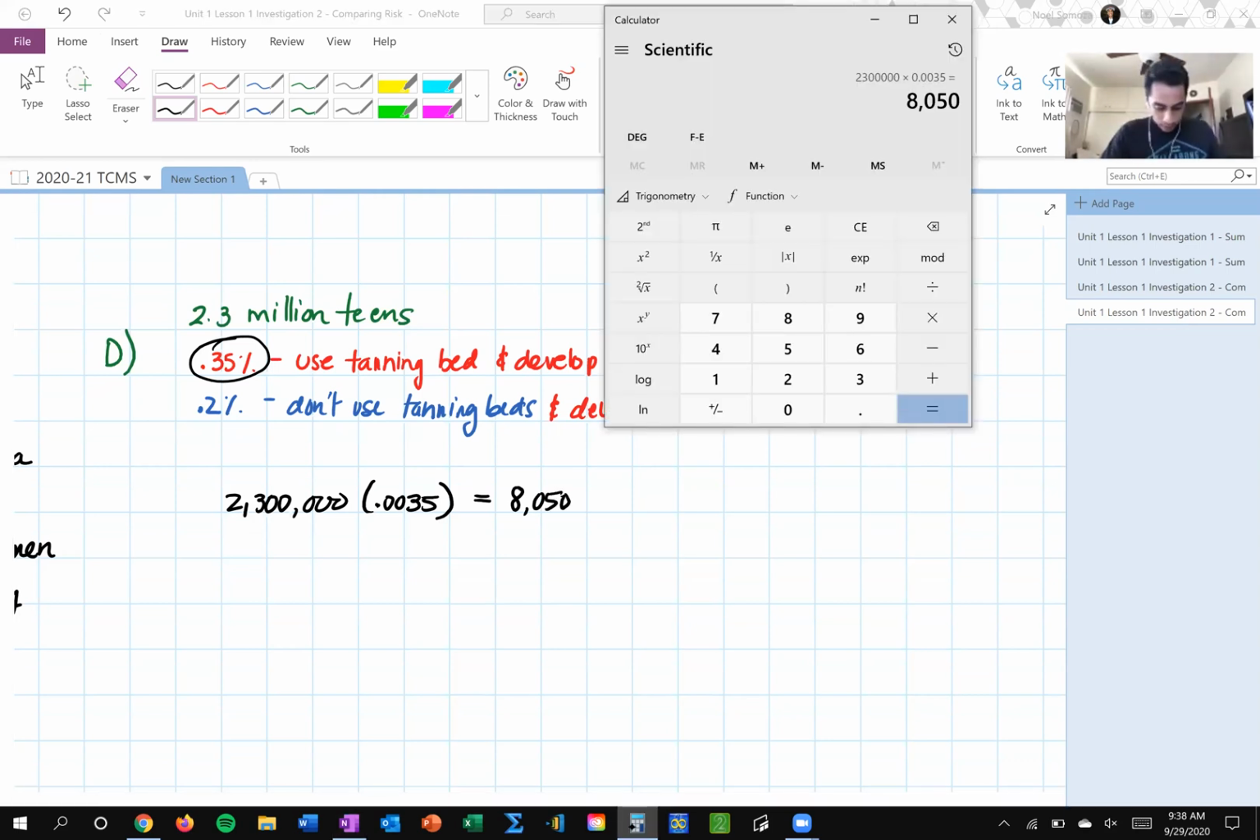All right. Now, let's see how many of them would get melanoma anyway, even if they didn't use tanning beds. So these are all the kids that would get melanoma if they use the tanning beds. What if now we take all 2.3 million teens and convince them not to use a tanning bed? We're going to be able to find how many of them would get melanoma anyway, and then we could find the difference of how many kids we probably prevented from getting melanoma on their skin. So now we find